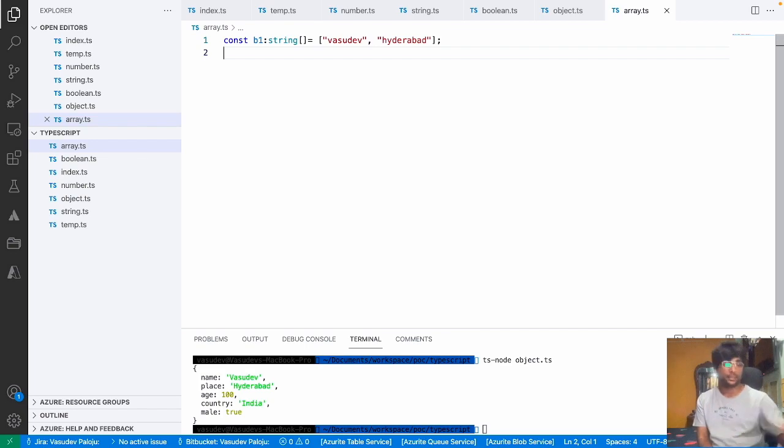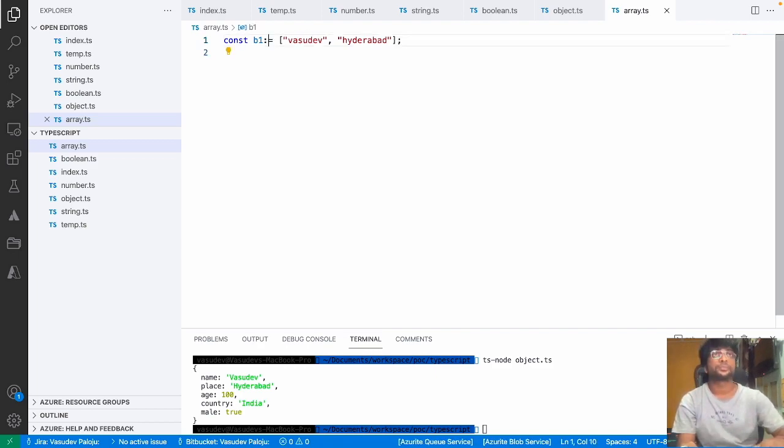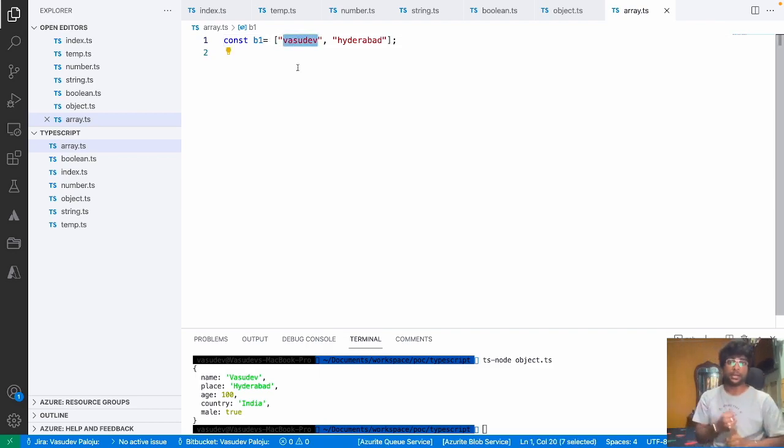So array is one data structure. But the point here I have to highlight is that in JavaScript, an array can actually store any kind of data. So if in JavaScript you don't define this, the same array can store a string, an object, a number. So when you're looping through the array, it becomes really difficult because JavaScript doesn't restrict you to store the same type of data in the entire array. So it becomes really messy to check the type and access, let's say, the properties of a string or the properties of a number, but TypeScript strictly controls that using this